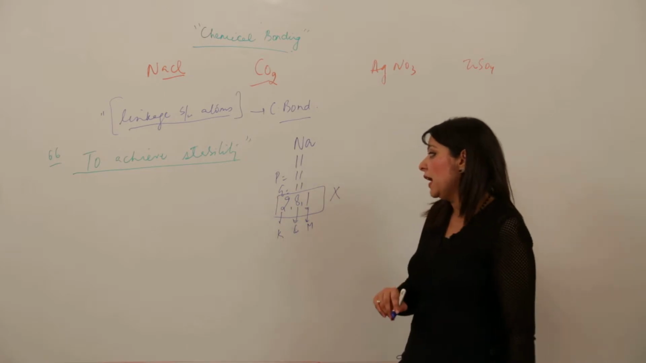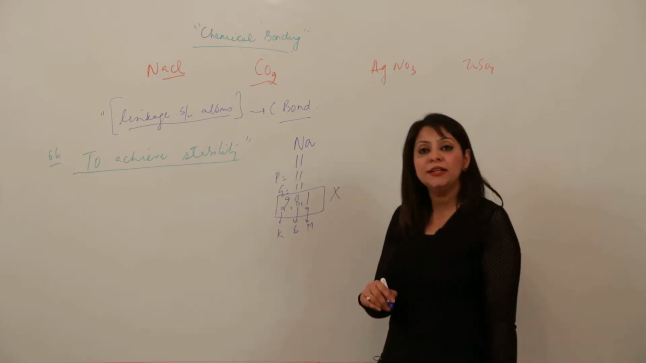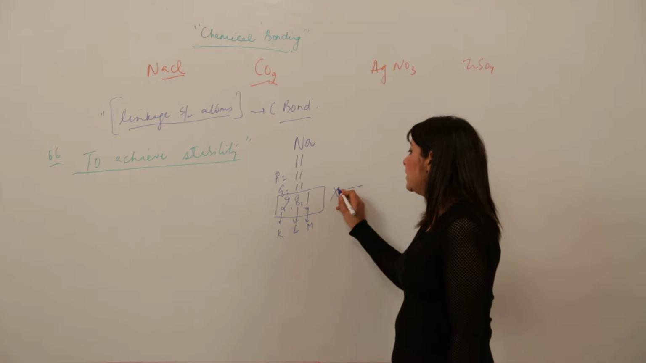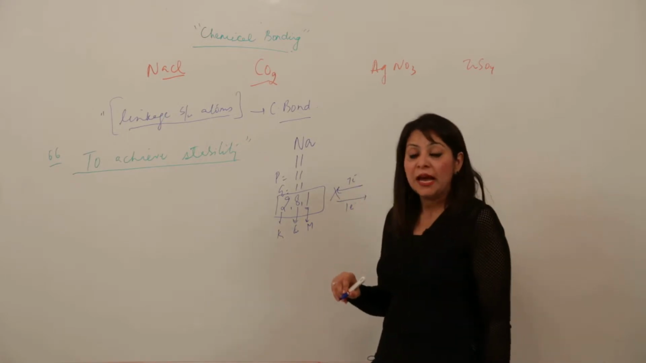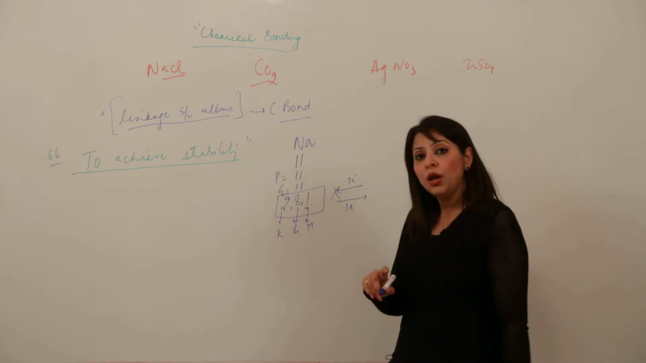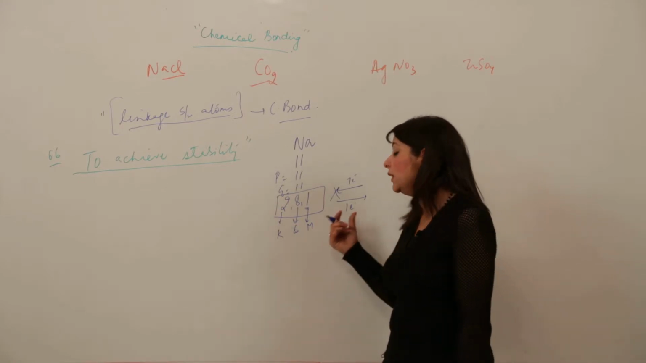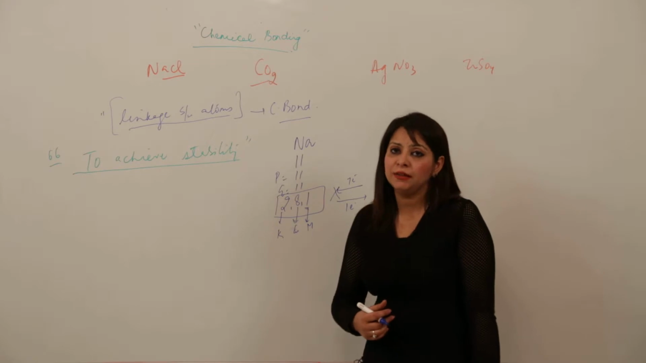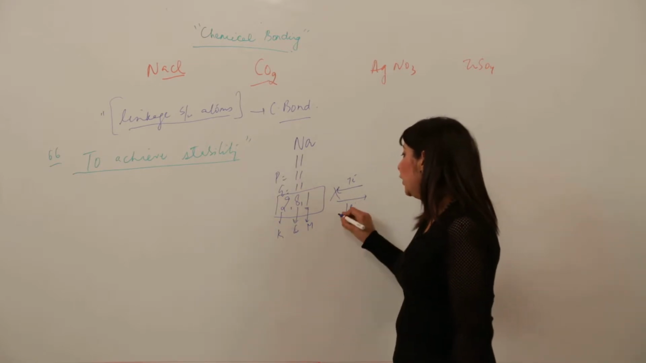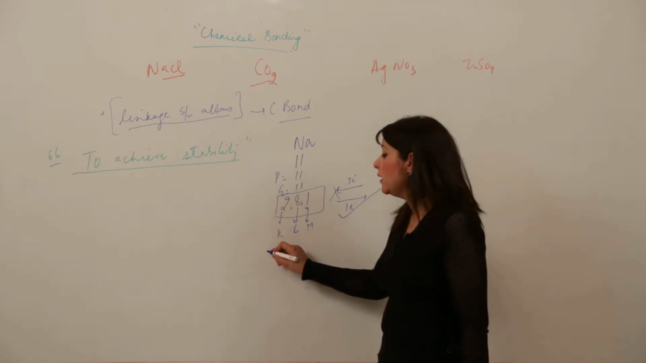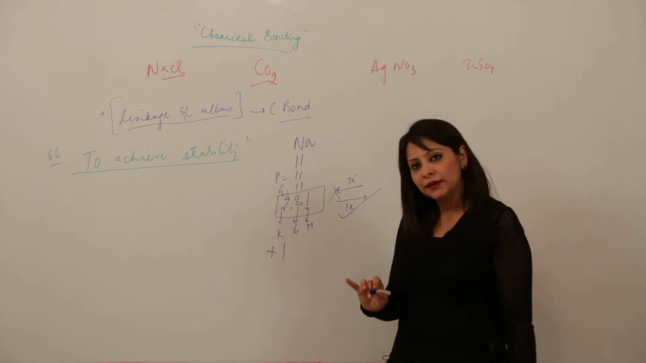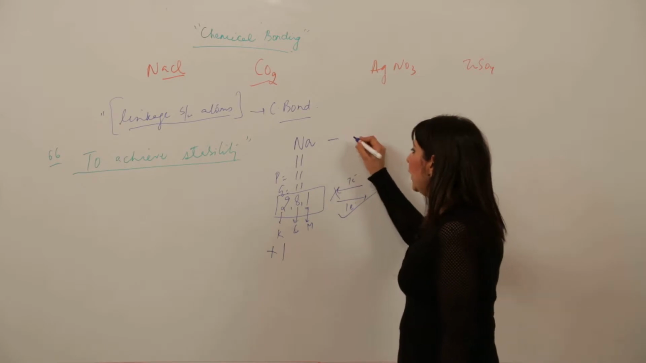So how can it attain the noble gas configuration? Either it accepts 7 electrons or it gives 1 electron. And I told you that the smaller the number, the easier the task. So it is going to lose 1 electron, and when it loses it, it will acquire a valency of +1, right? So after losing 1 electron,